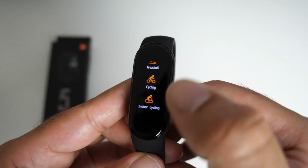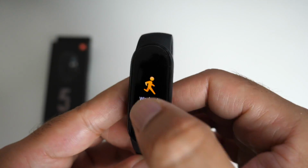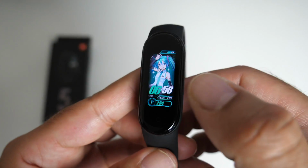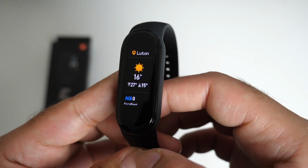So there are 11 workouts built in. You can select any of these workouts and immediately start tracking that workout, and that brings you back to the watch face. If you swipe to the left, you've got your heart rate, weather,